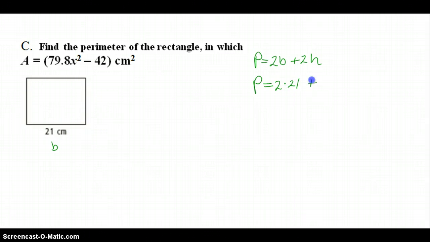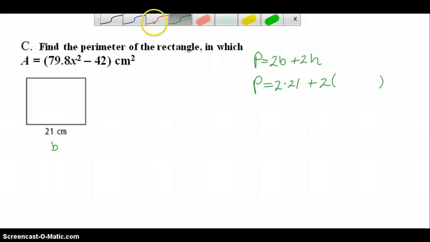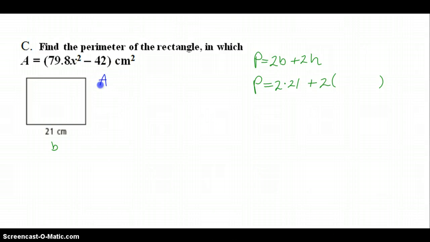But we have to know the height. So we have to find out what the height is. Before we can do the rest of this, we have to find the height. Well, we are given the area. So you'll need to remember that the area formula is base times height. We know the base. We just said that's 21. So to find what the height is, we're going to say that base times height, 21 times h, equals our area, and we're going to use that,